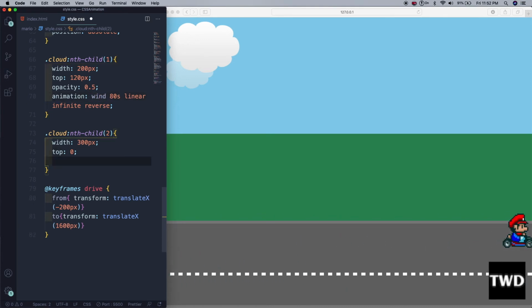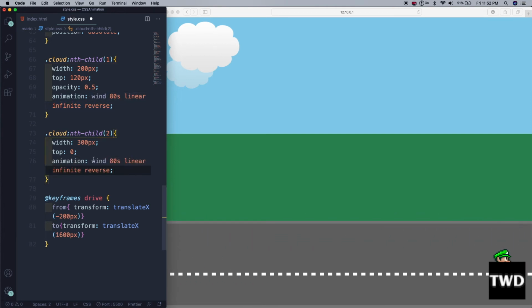So how will it come? So let us first do this for this one also, animation wind 50 second linear infinite, it is also reverse.